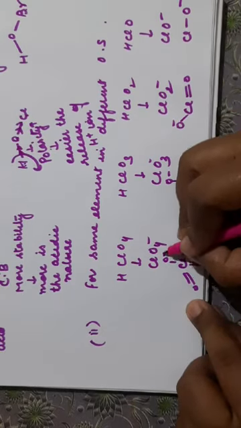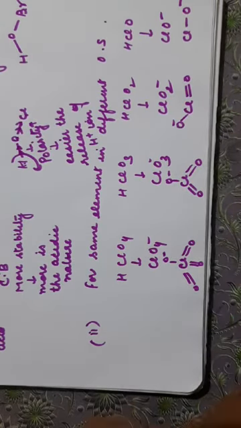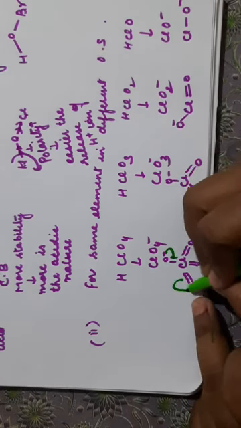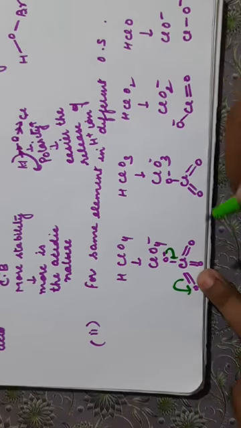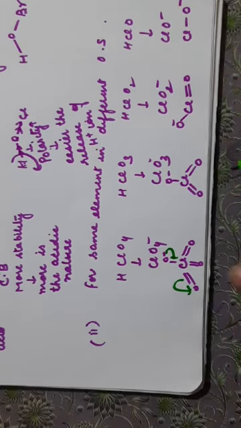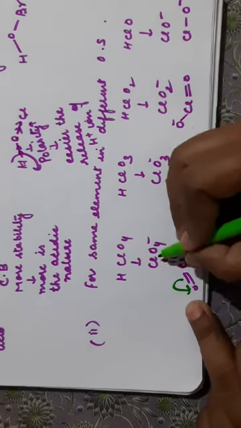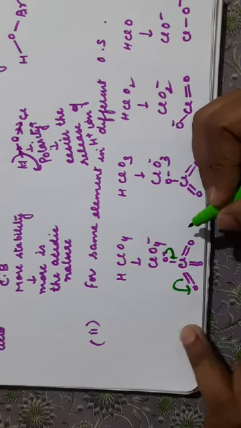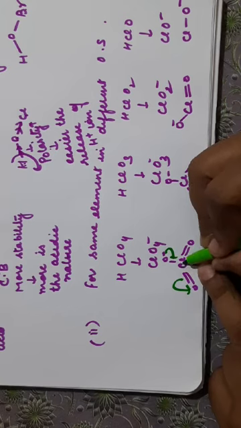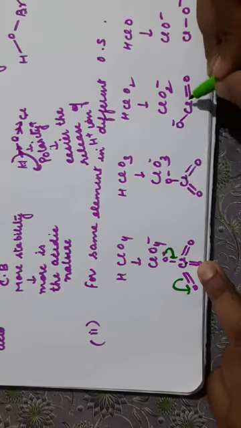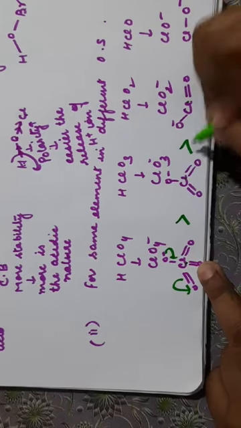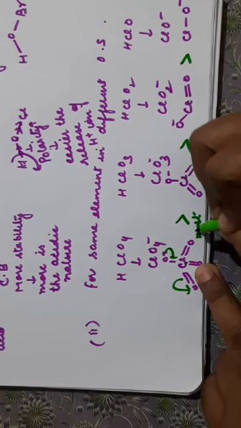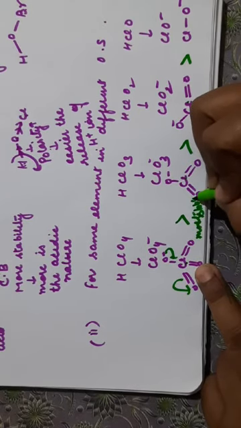Now in this case, see the negative charge here. Clear? Now which is most stable out of these four? This electron pair will come here, this will shift here. Shifting may take place in any of these. So the maximum number of resonating structures will be formed by the perchlorate ion, ClO4 minus. As the resonance increases, stability increases. So the maximum number of resonating structures will be here, then here, then here, then here. So stability will decrease in this order. It is most stable, clear, and this is least stable.